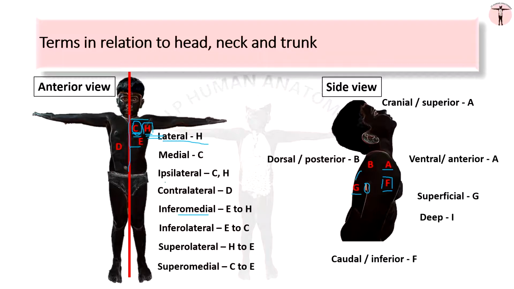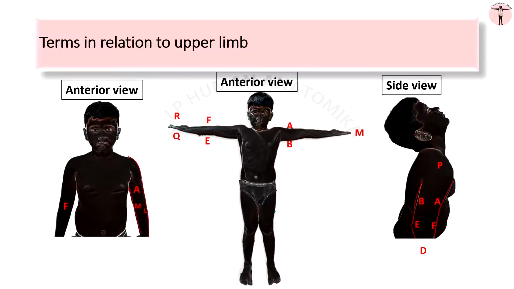So that is how we see the relationship between two structures, three structures, even four structures. Any number of structures can be related with each other. Now let us see the terms in relation to the upper limb, how it is different from that of the head, trunk and face. In each region, some terminologies will differ. So in the upper limb,